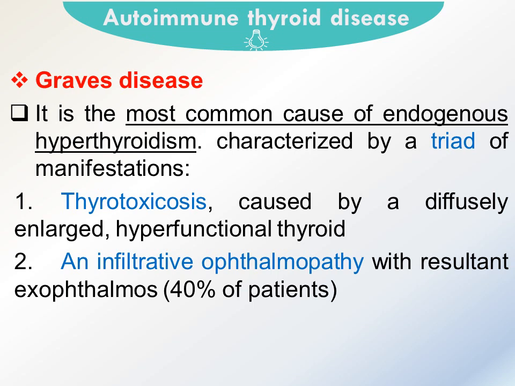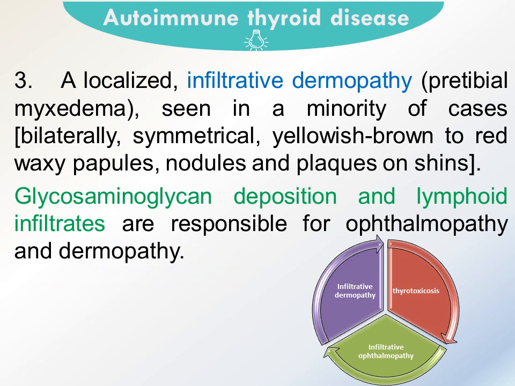First is the thyrotoxicosis caused by a diffusely enlarged hyperfunctional thyroid. Secondly is an infiltrative ophthalmopathy with the resultant exophthalmos in 40% of patients. Thirdly is the infiltrative dermopathy, pretibial myxedema. It is a localized lesion seen in a minority of cases, mainly on the shin, and usually appears as papules, nodules and plaques. It is important to know that glycosaminoglycan deposition and lymphoid infiltrates are responsible for the ophthalmopathy